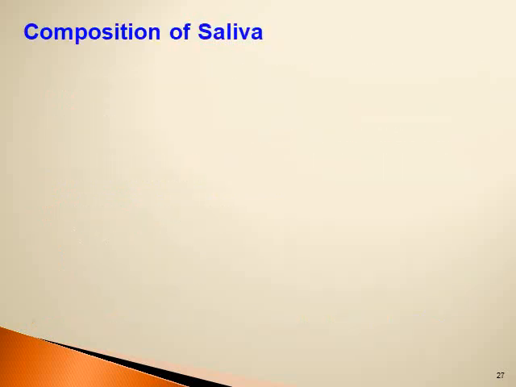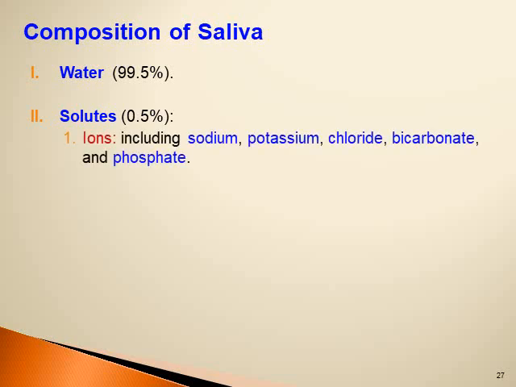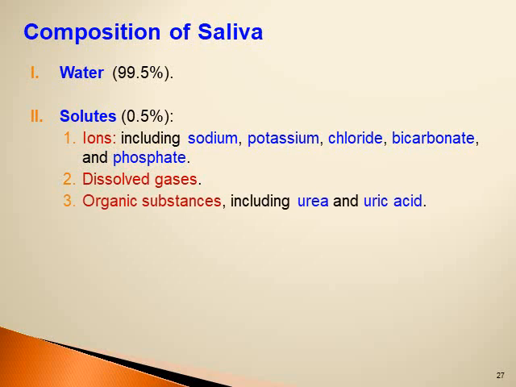What is the composition of saliva? As with other fluids in the body, the main constituent of saliva is water, which comprises 99.5% of saliva. Then we have about 0.5% of saliva in the form of solutes like ions including sodium, potassium, chloride, bicarbonate, and phosphate. Dissolved gases like oxygen and carbon dioxide, organic substances including urea and uric acid,